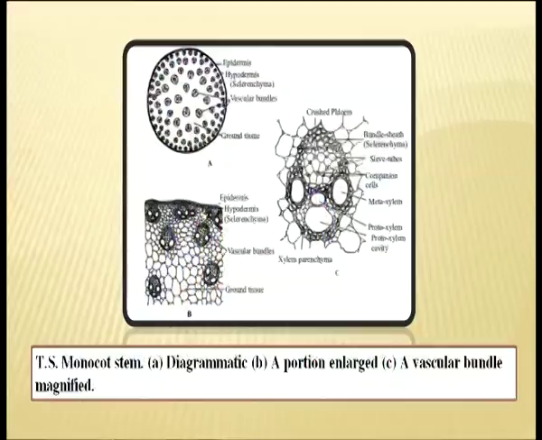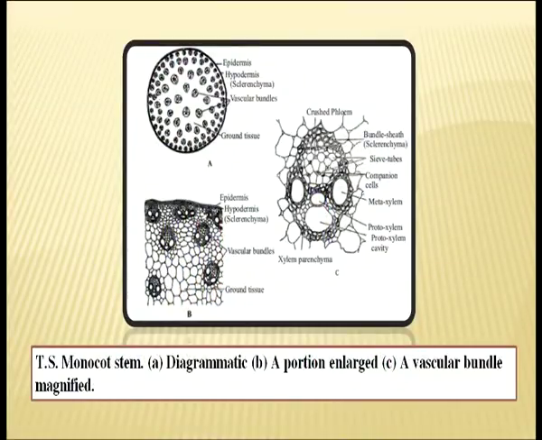and the innermost protoxylem disintegrates to form a water cavity, so that the conduction of water in the stem becomes an easier thing for the plant. So, we'll see this diagram now, and you can make out in the very first diagram, which is labeled as A, it has so many vascular bundles spread in the ground tissue, and if you look at figure B, you can further see a bigger version of it,